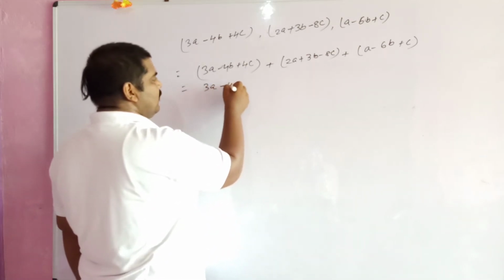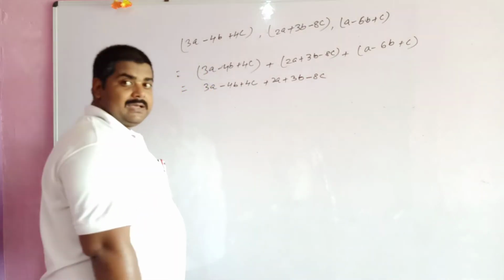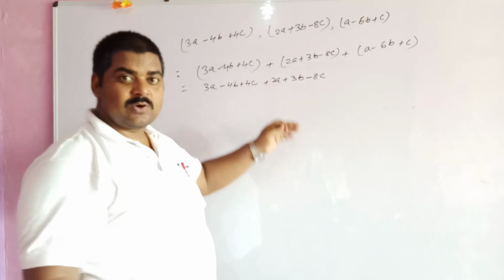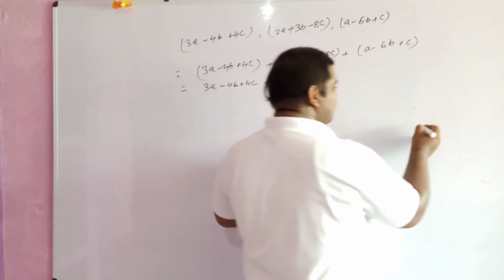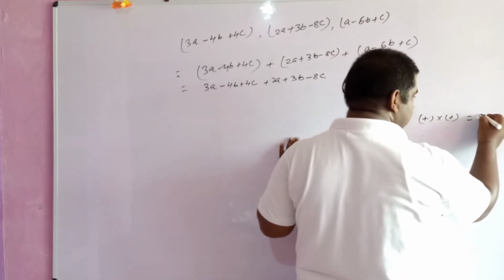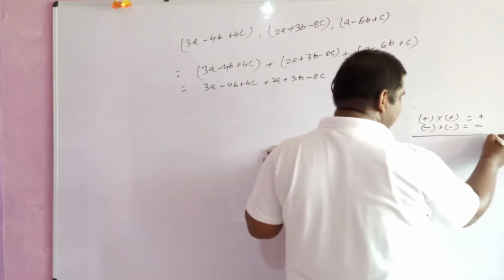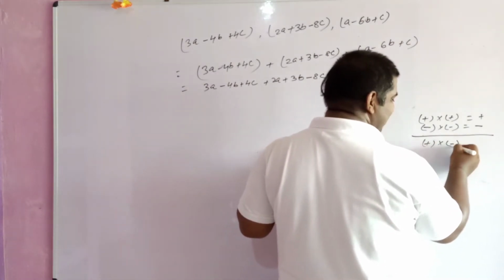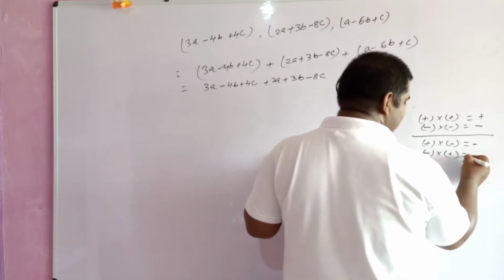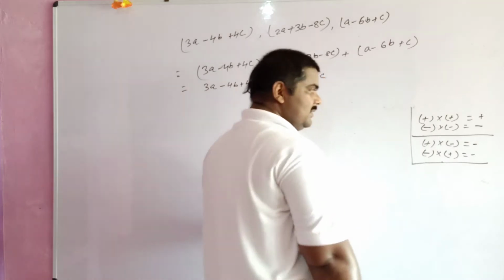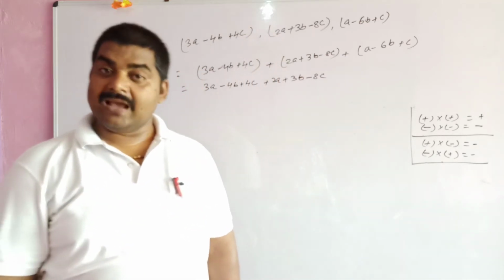And this operation is 3a minus 4b plus 4c plus 2a plus 3b minus 8c, because you know very well, in case of multiplication, when same sign is multiplied, positive with positive, plus multiplied by plus, result is plus, minus multiplied by minus, result is minus, my dear. When you multiply plus with minus, then result is minus, and if you multiply minus with plus, result is also minus. So if you multiply same sign, then result is positive, and if you multiply different sign, then result is negative,